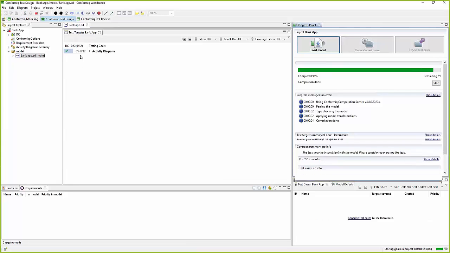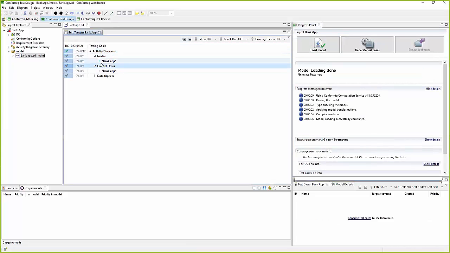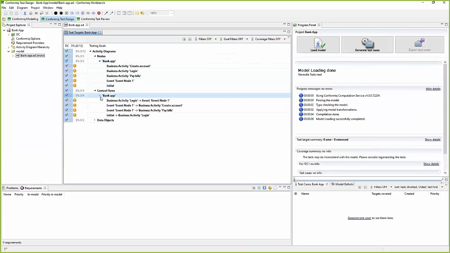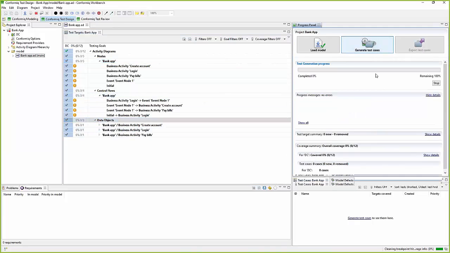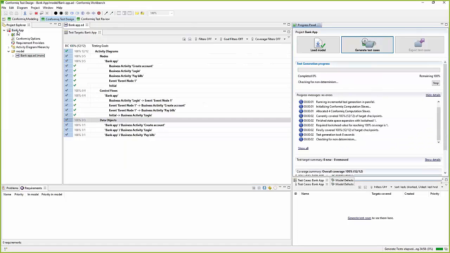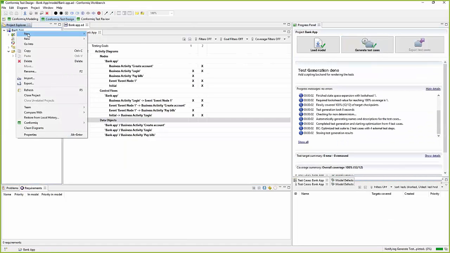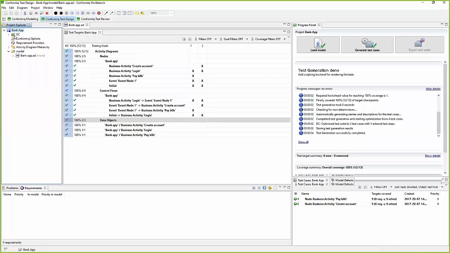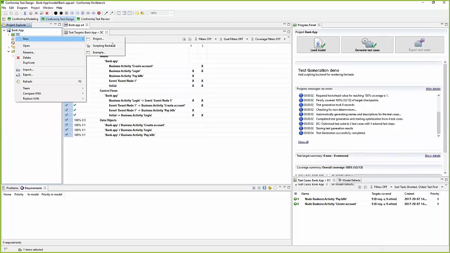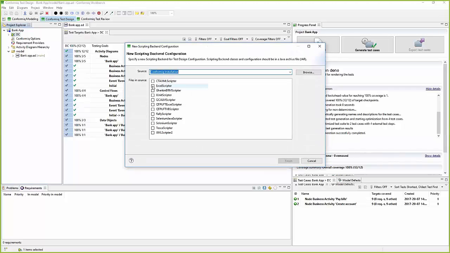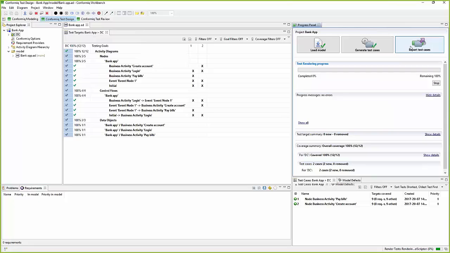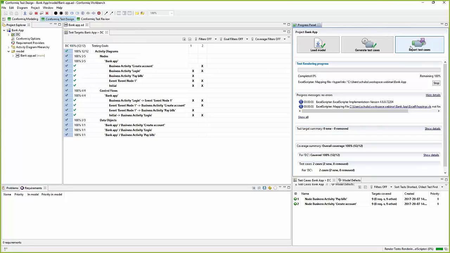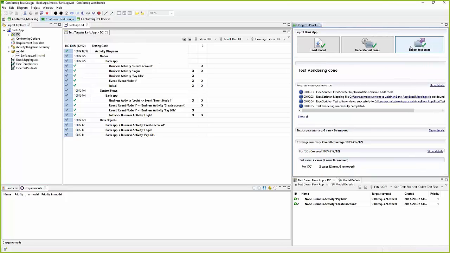So then we will get our standard test targets and even data objects. And then you can generate test cases. And let's even attach here the Excel scripting backend and export test cases. So at this point, obviously, with such an abstract model, we cannot really yet generate executable